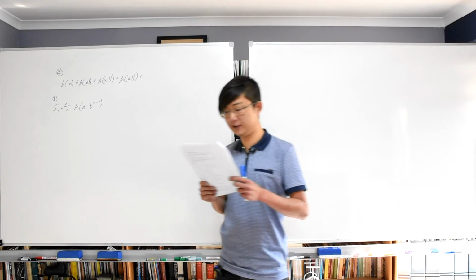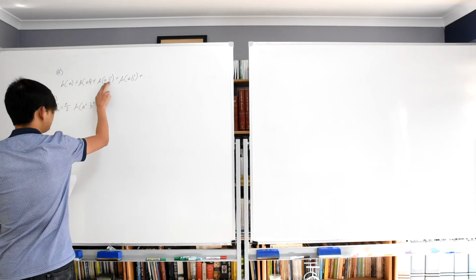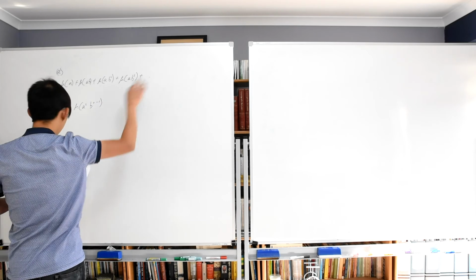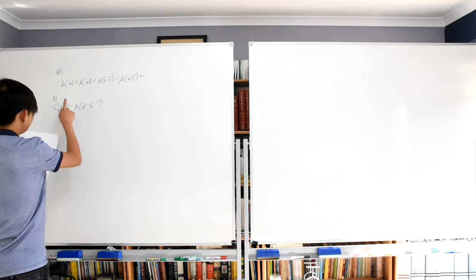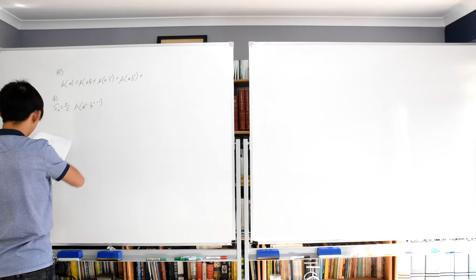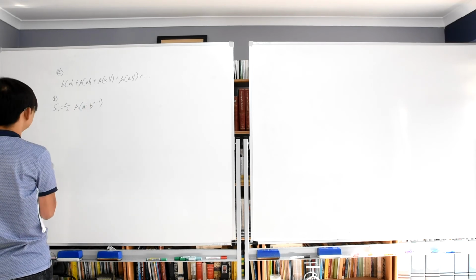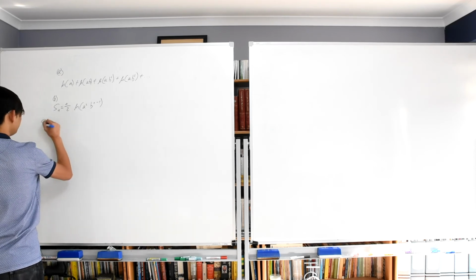Sum to n terms of the series ln a plus ln ab plus ln ab squared plus ln ab cubed and so on, and later on show that your solution is equivalent to n on 2 times ln a squared b to the power n minus 1. For this first guy,